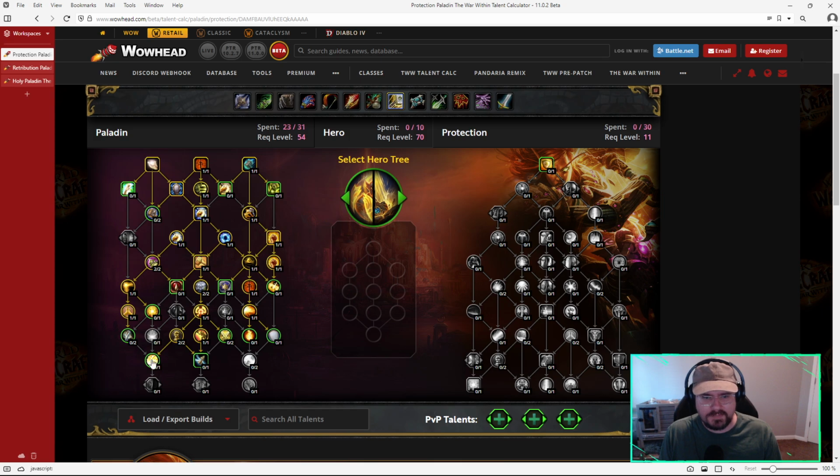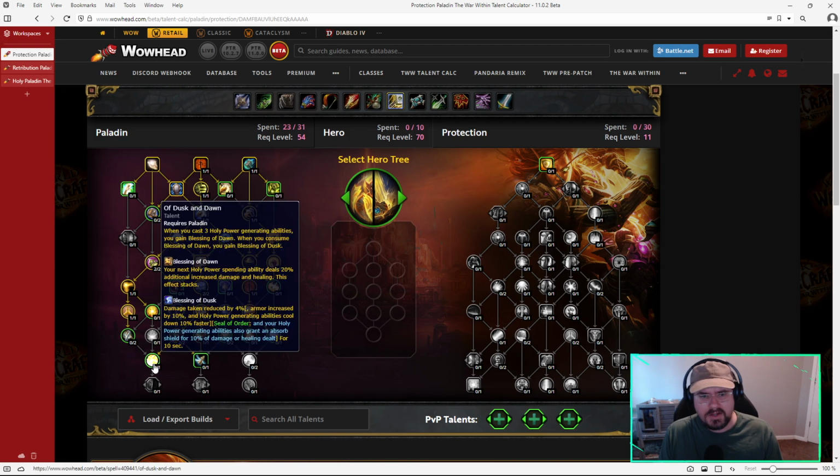All right, that brings us to our capstones here. So we're going to look at these based on the column that we have here. So our first one is going to be Of Dusk and Dawn. When you cast 3 holy power generating abilities, you gain Blessing of Dawn, which makes it so your next spender ability deals 20% increased damage or healing, and the effect can stack. Once you consume Blessing of Dawn by casting a spender, then you gain Blessing of Dusk. This reduces the damage that you take by 4%, and also causes some additional effects here as well,